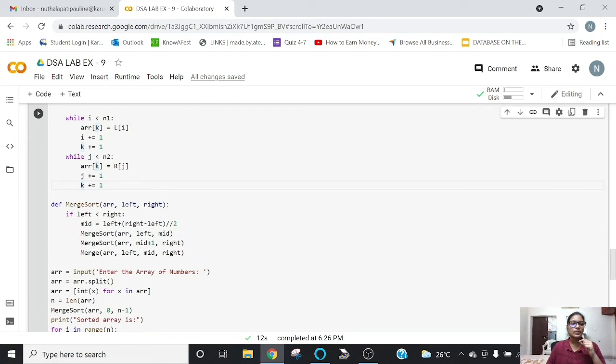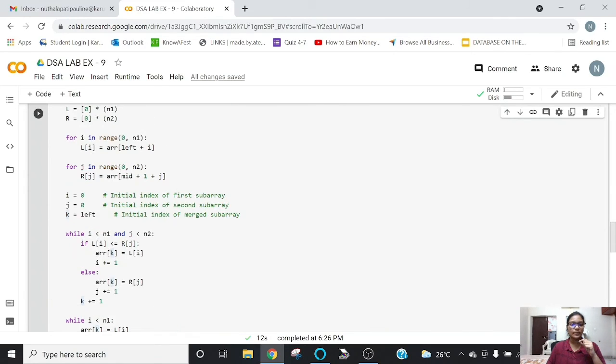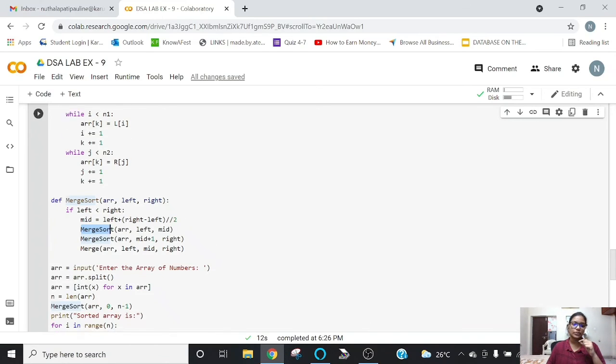In the merge sort function definition, it keeps on merging these sorted subarrays into one array. It checks whether left is less than right, and mid is equal to left plus right minus left divided by 2. So it merges according to this condition.